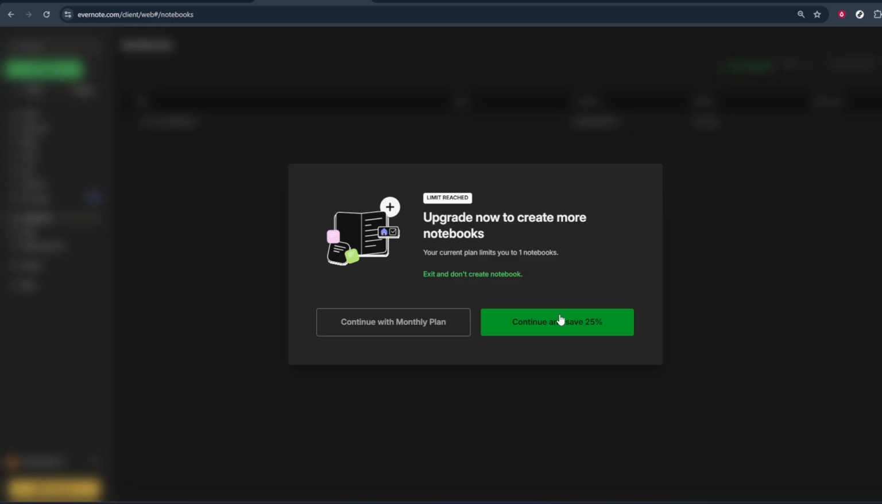So, to quickly recap the flow, open Evernote in your browser, click on Notebooks in the left sidebar, click on New Notebook, and then be aware that Evernote may ask you to upgrade your plan before you can proceed with creating